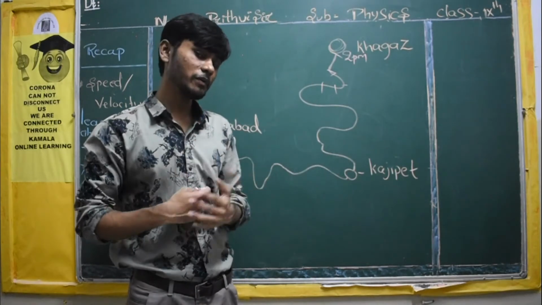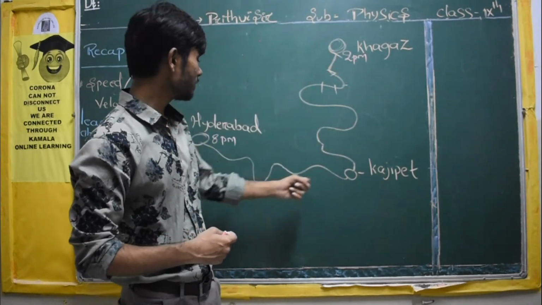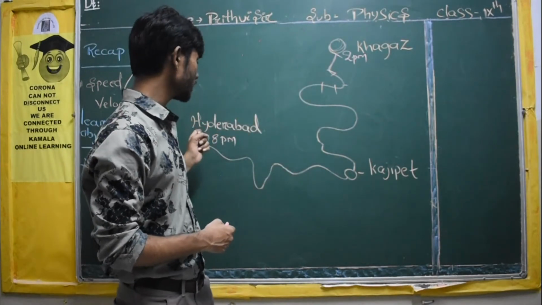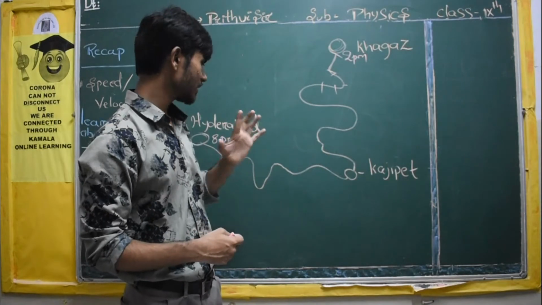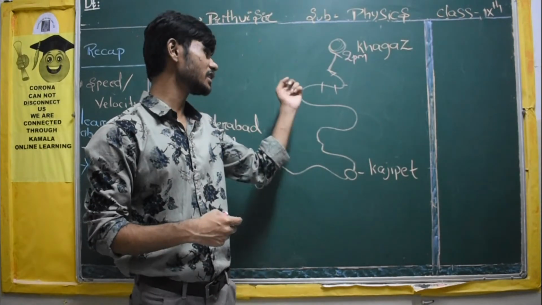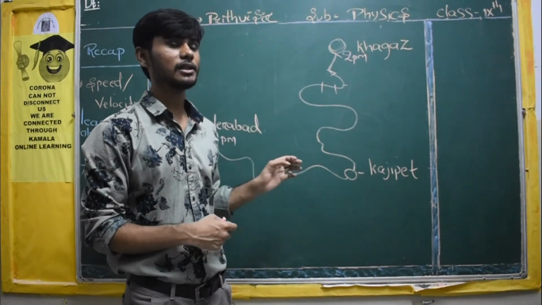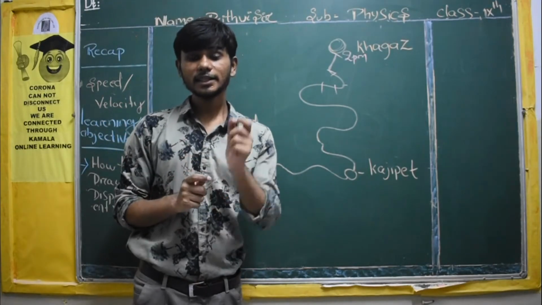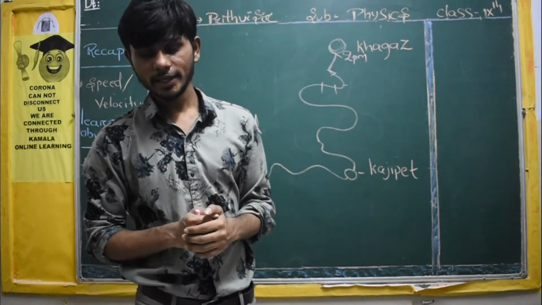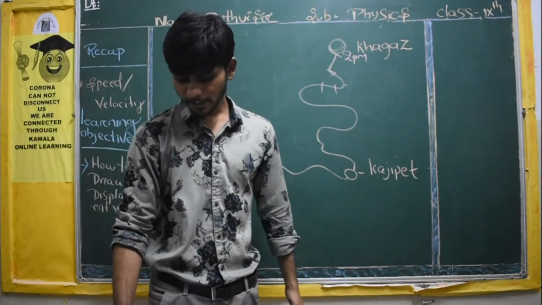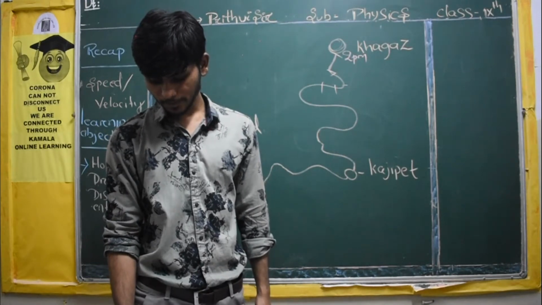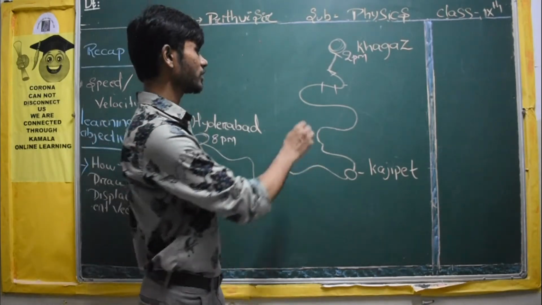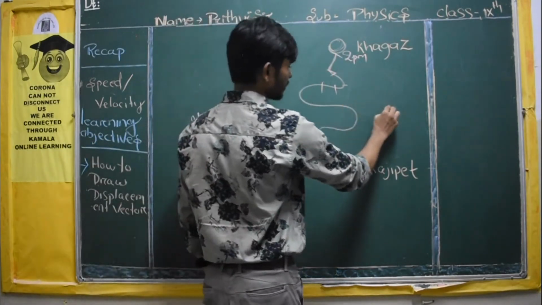So what we will do is see how much time the train has taken from starting at Kagasnagar to reaching Hyderabad, around 6 hours, and how much is the whole distance from Kagasnagar to Hyderabad. We will just divide it. The speed which we get is your average speed, students. The question says: draw a displacement vector from Sirpur Kagasnagar to Kazipet and Hyderabad. Let the distance of the entire trip be 300 km.